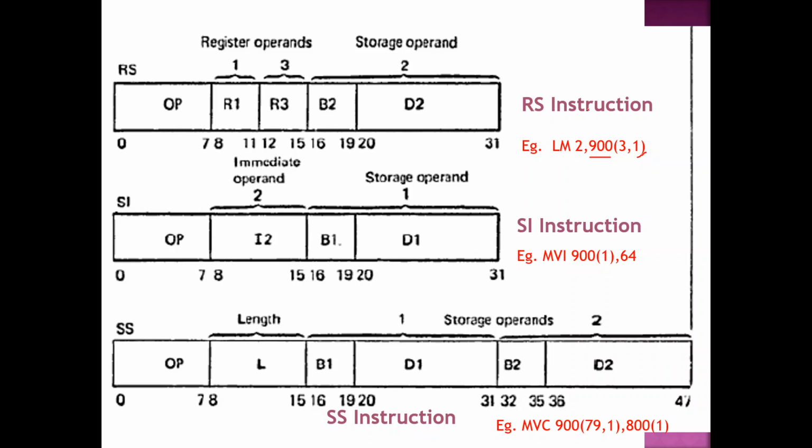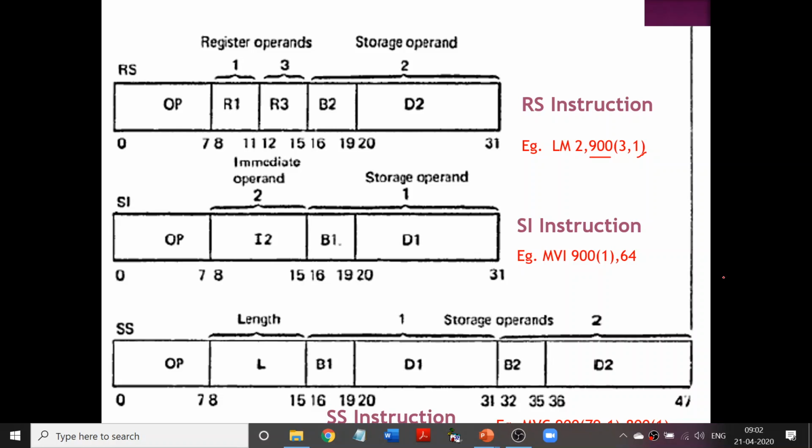Load multiple. Into multiple registers you are loading it. It's not the normal load which we have seen. This is load multiple. So what you should do? You should load a number which is present in the location 900 of 1, right? So the contents of location 900 has to be loaded into two different registers, which is register 2 and register 3 in this case. So 2 and 3 are the two registers I'm going to use. I will load the contents of the memory into two registers, right?